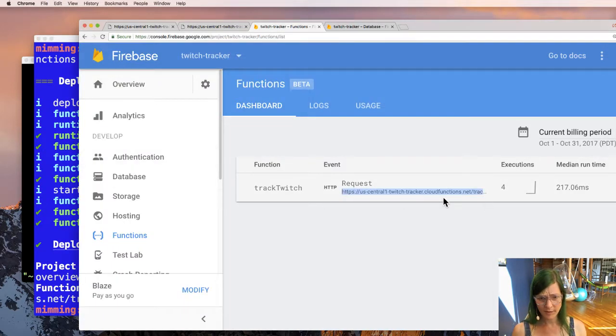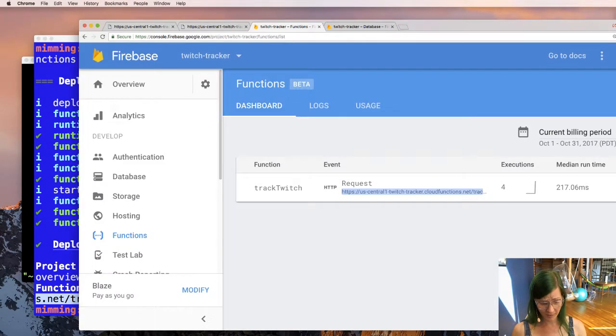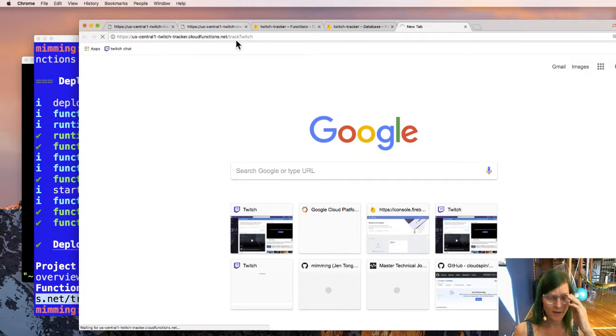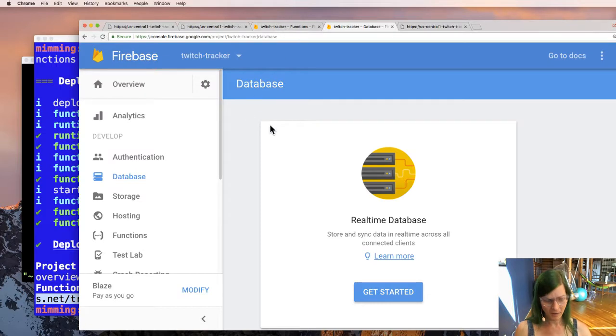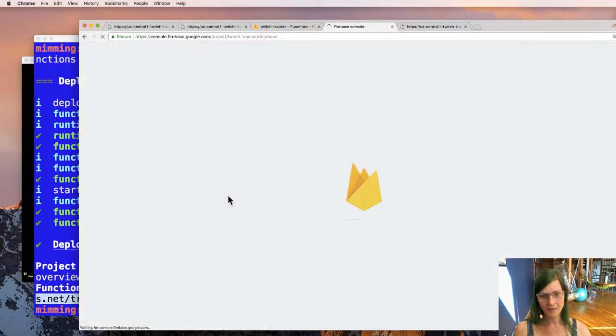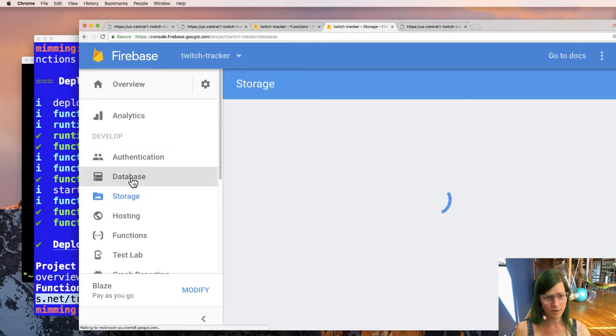So let's go ahead and see if this actually runs. Oh yeah, and this thing is insecure, not secured right now, so you can go ahead and run it if you want. You can go trigger it, hit this URL, and it'll run. So now if this worked, there should be stuff in the database, and this is something I'm actually familiar with, so I would hope it just works.